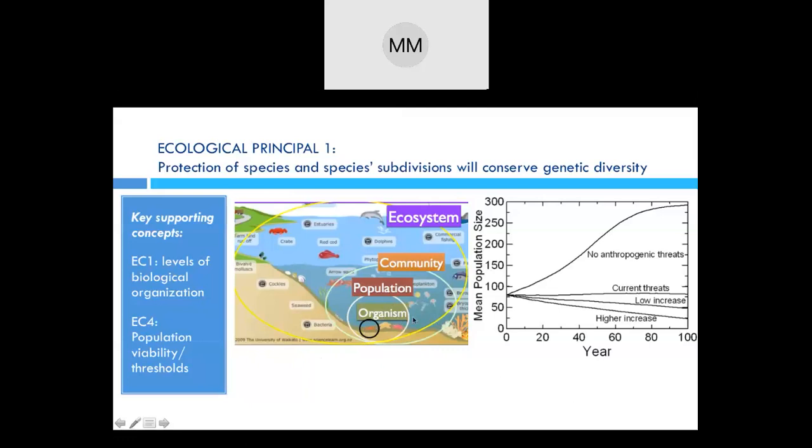So for a good example, I will give you a terrestrial example, if you're looking at, say, tigers. You have 9 different tigers that at least we have known, out of which 3 are now considered extinct, but they were very endemic to a certain locality, like the Javanese tiger, the Siberian tiger, the Malayan tiger. So that is why it's not just about maintaining the species itself, but you're talking about looking into subspecies. And then